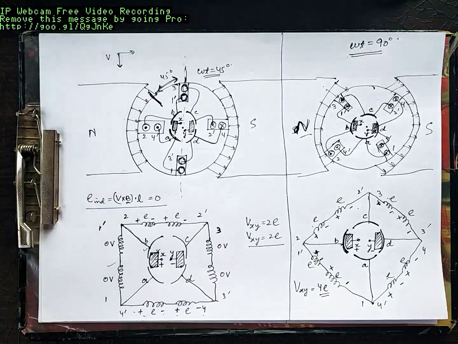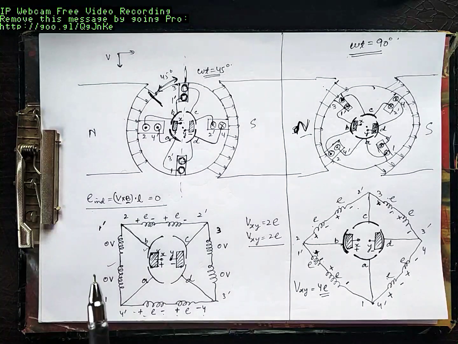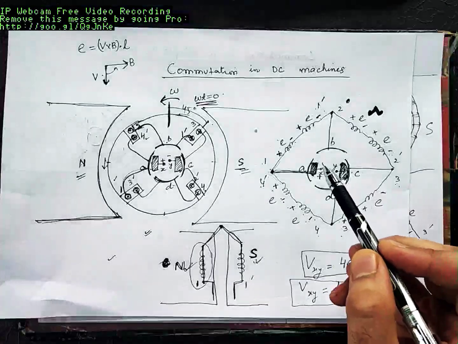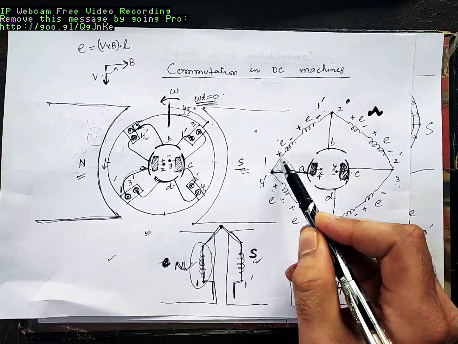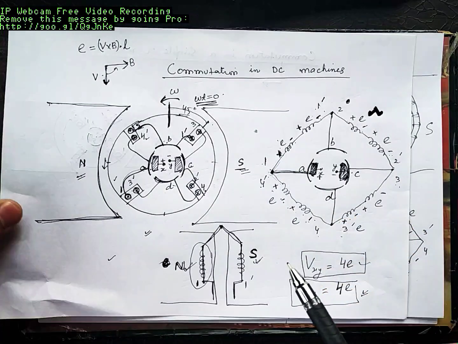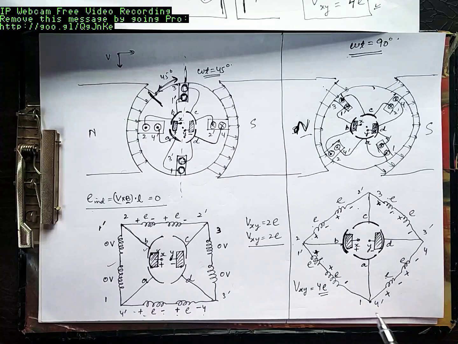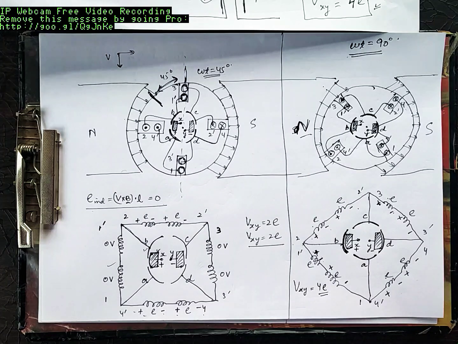That means polarity of voltage, you can check it from here. Polarity of voltage in coil 1 and in coil 3. Initially, you check here. Initially, coil side 1 was positive. Then coil side 1 became 0. Now coil side 1 became negative. That means polarity of voltage inside the machine, inside coil 1, is continuously changing. It is positive sometimes, then it becomes 0, then it becomes negative. Is that AC or DC? So that is AC voltage.